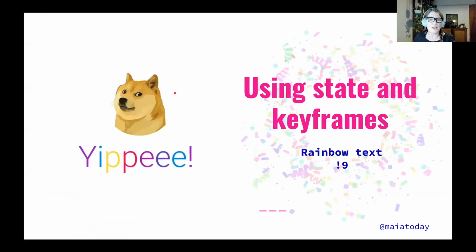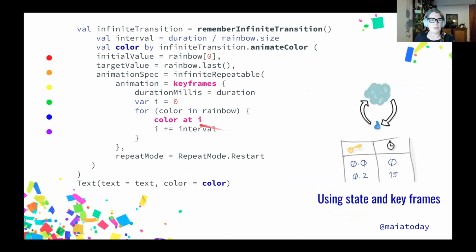So now I want to show an example of using state and keyframes. My success text looks like this: rainbow, very 90s website rainbow text. It loops indefinitely, so it's not based on a particular state change, but it does have multiple colors that it's looping through. So I have an array, rainbow, that has these colors in it, or whatever colors you choose to have inside it. And because I'm looping continuously,